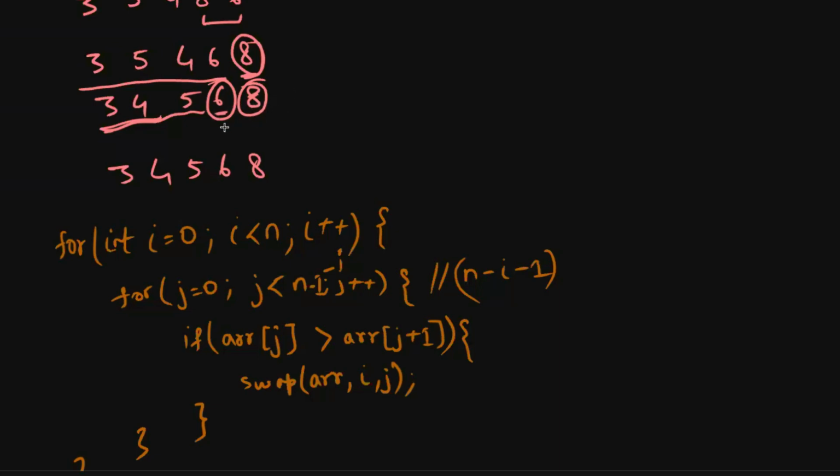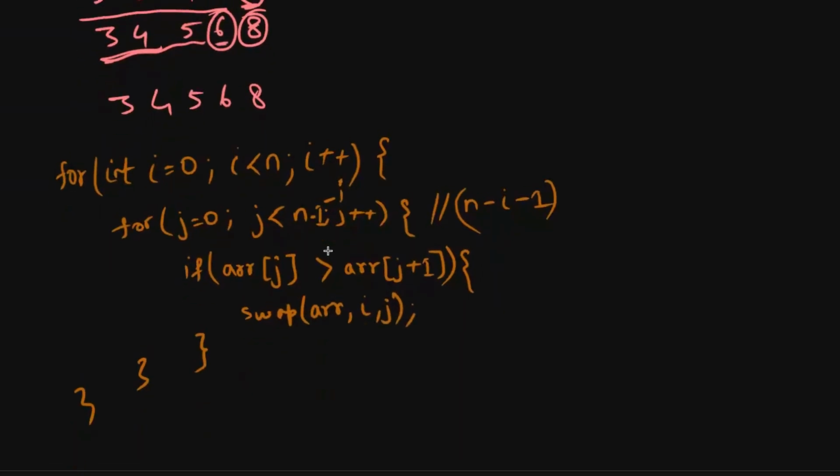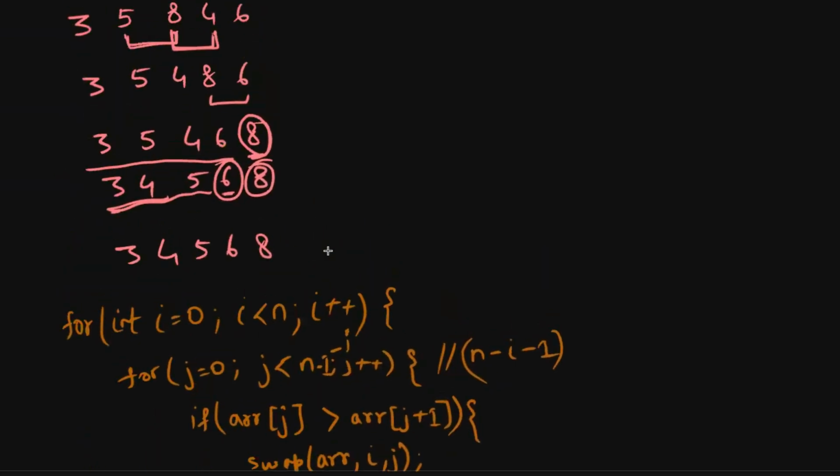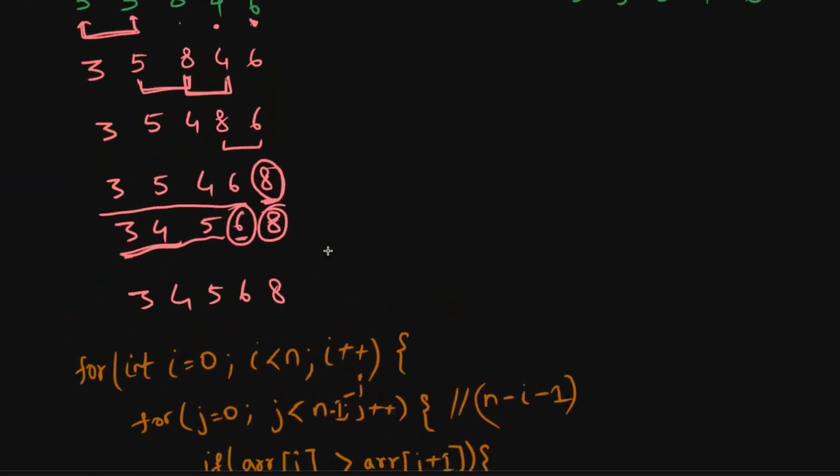So always this would be the best case. And next time, we do not even want it to be here. We want it to be here. Stop it here. In the next iteration, stop it here. In the next iteration, stop it here. So this is the code for the bubble sort with explanation, the time complexity,